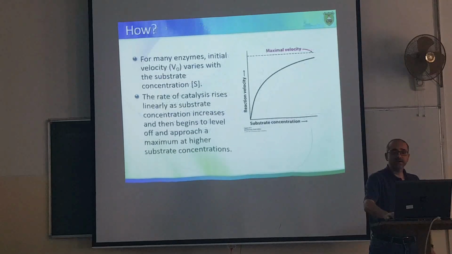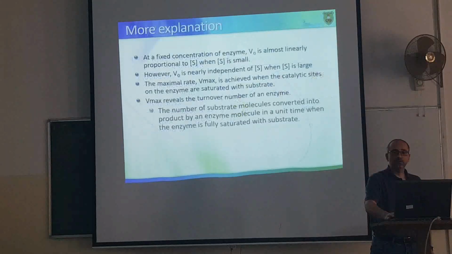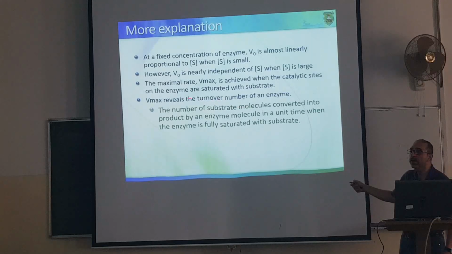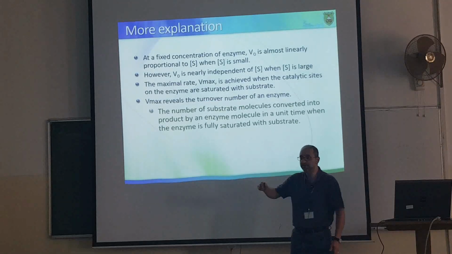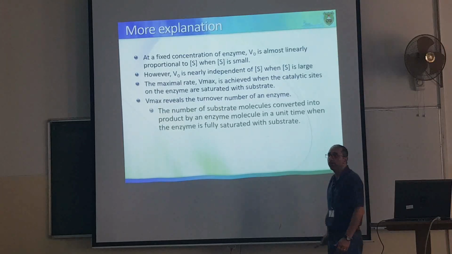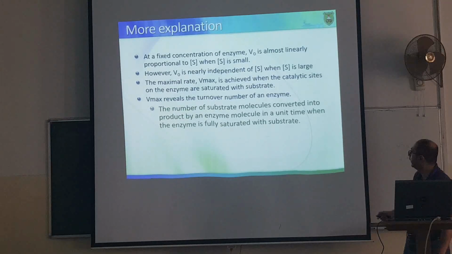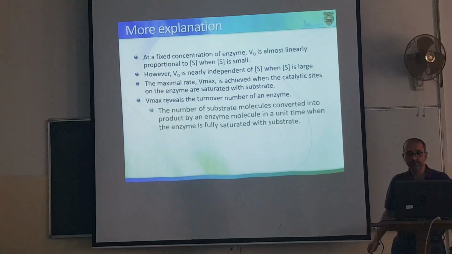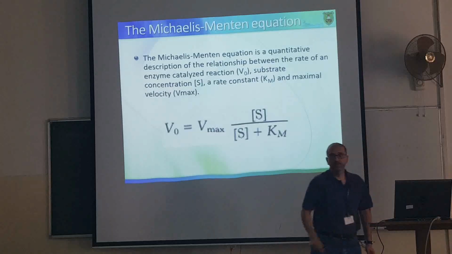كويس. فهذا اللي احنا حكينا على آخر شيء، حكينا إنه saturation وحكينا على إنه في عندي شيء اسمه turnover number اللي هو ايش؟ اللي هو الفي ماكس الماكسيمال velocity. It's the number of substrate molecules converted by one enzyme, one single enzyme in a unit time when the enzyme is saturated. كويس؟ هذا هو turnover number. كويس.